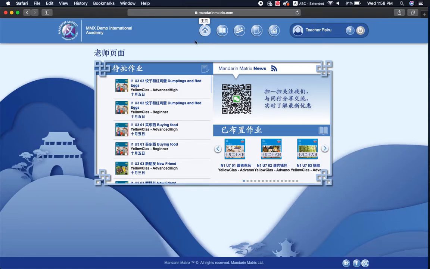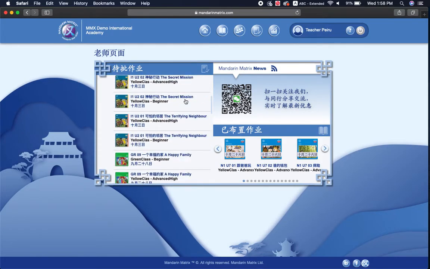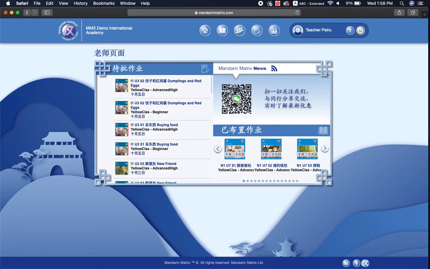So first, homepage is the page you see right here, and it is divided into 3 sections. The left one here is the past due assignment. So this past due assignment will list up over here for you to grade. And the second section, if you scan our QR code here, you'll get the most updated news. The third section here is the assignment